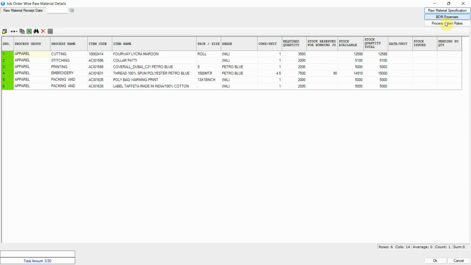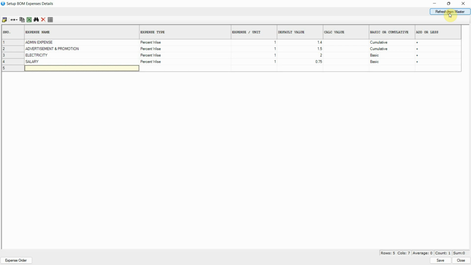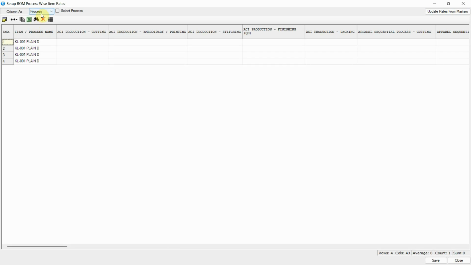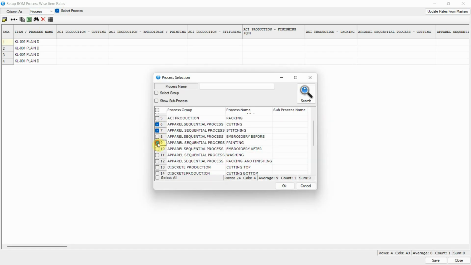Here we have the option of BOM expense. You can modify the BOM expense details from this section as needed. Any changes made here will apply only to the current job order. You can also update item rates for each BOM process directly within this screen.